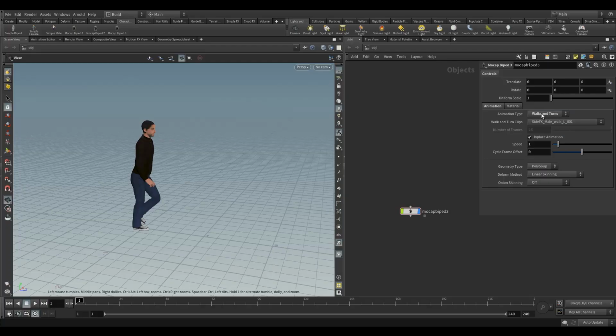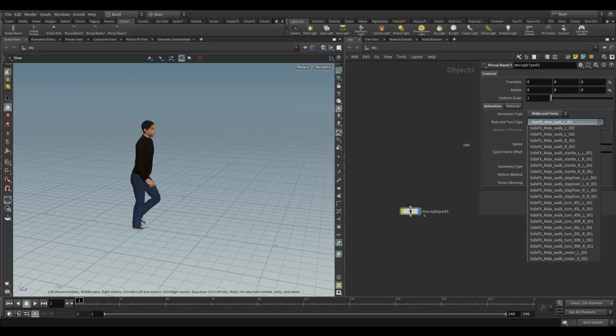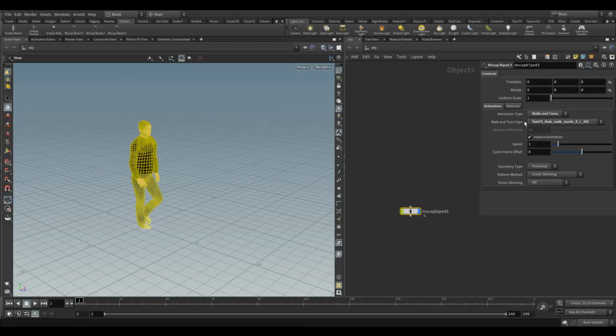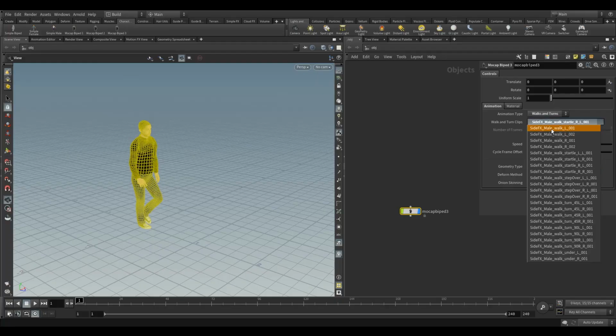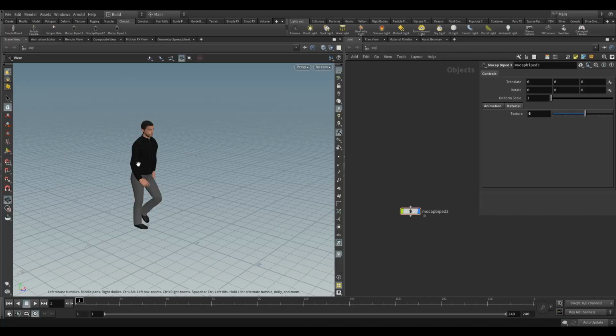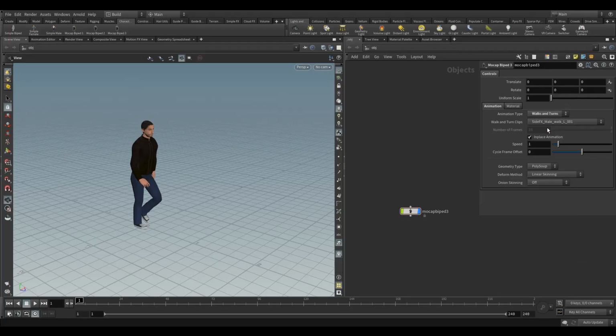Let's see what else. So if you go to walks and turns, then here you've got a load of different walks. I don't know, what's this? Walk startle, right? So you get scared, carries on, and it loops over again. Okay, and let's just put the default walk. You've got a lot of different stuff here. Materials, you know, you can change the texture. It's not so important though for us. So I'm going to leave this on the walk,